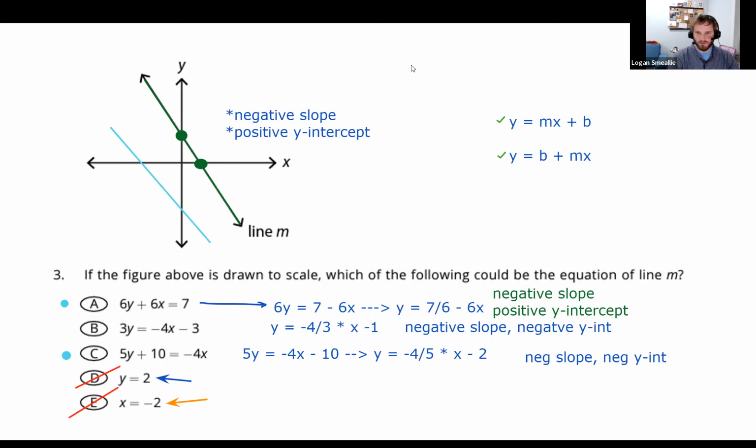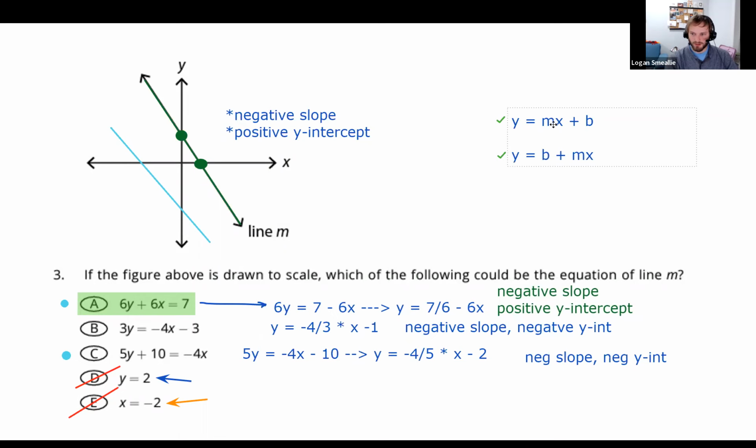So there we go. A was our answer. And we got there by checking for negative slope, checking for positive y-intercept using y equals mx plus b form. Let's take a look at the next one. Next one